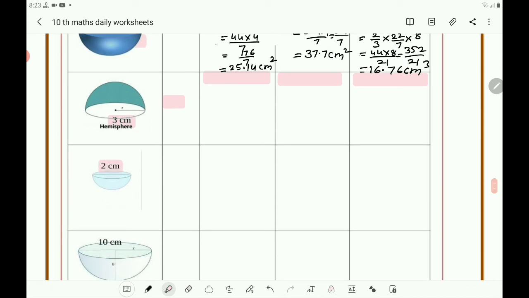Next one, again same here, 2 cm is there. Diameter is 2 cm here, not radius. In that case, what is radius? That is half of the diameter. This diameter is given, so R what you have to take? R becomes 2 by 2, which is 1. Here you take 1 centimeter. That is R is 1 centimeter. Similarly, write the formula for CSA and get CSA. Write the formula for TSA and find TSA, and also find volume by using the formula for volume.